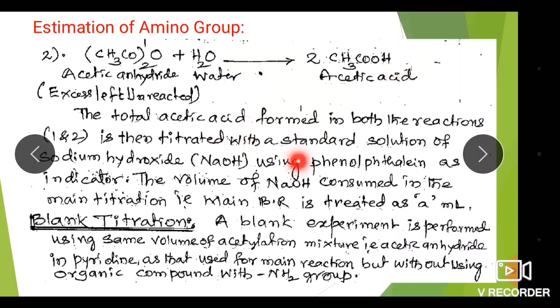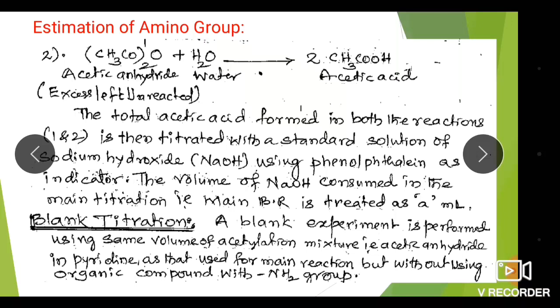Then we get the sample titration reading, that is termed as A ml, and we carry out the blank titration in a similar way, but eliminating the organic compound containing the amino group. Then after this we get the next reading, that is the B ml, the blank titration reading, and by subtracting the sample reading from the blank, we get